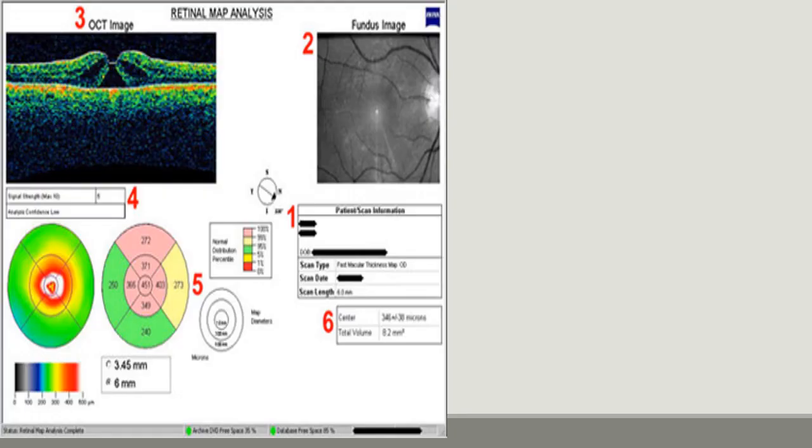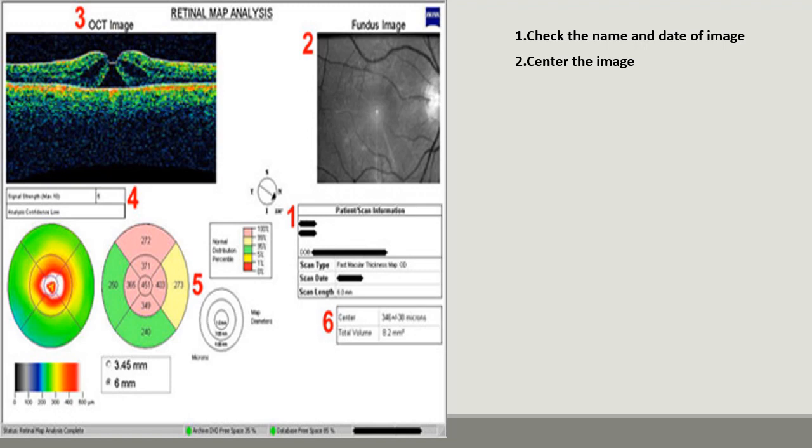While looking into an OCT image, you should not forget these 6 points that I am going to tell you right now. You should make a habit to review these 6 points in each and every scan. The very first point is to check the name of your patient, and make sure that the OCT you are looking at actually belongs to your patient. Then you have to see the date of the image to make sure that you are looking at the current status of the retina of your patient.